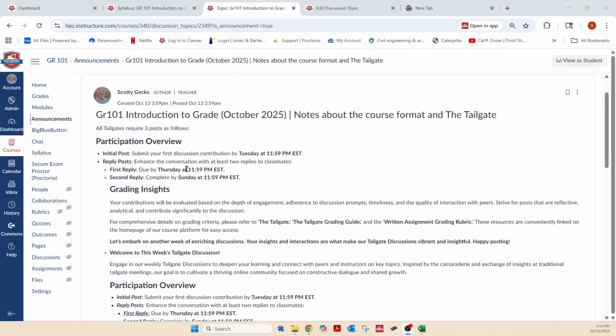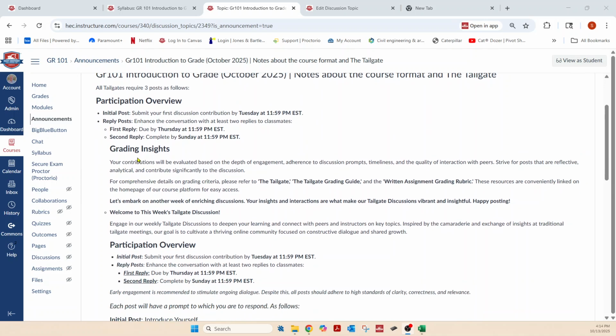Now, this here is some grading insights. You're not going to see this in every post, but I want to go through it in this case, and let me just read it. Your contribution will be evaluated based on the depth of engagement, adherence to discussion prompts, timeliness, and the quality of interaction with peers.